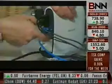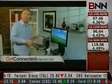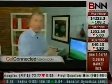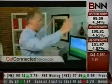I've got a VGA output and a DVI output, so I can get high resolution, up to 1600 by 1200. And it's also got a built-in internal graphics processor, so it can handle the workload. And essentially, I got a few different video modes. I can mirror what's happening on the notebook screen to the external monitor. I can also use it as an extended desktop, so that I can have more real estate when I'm using